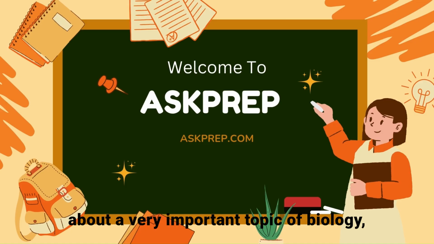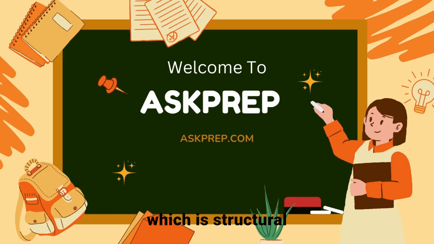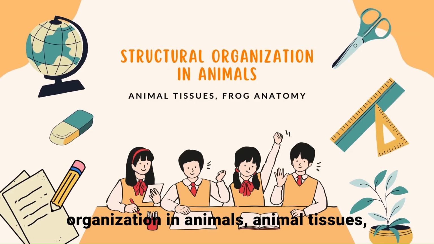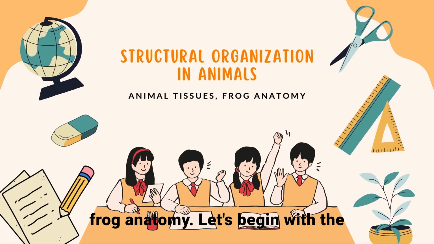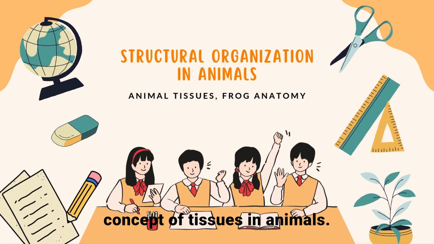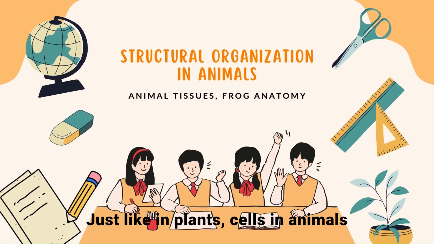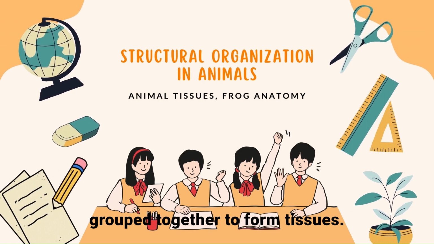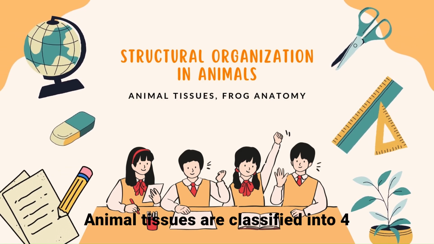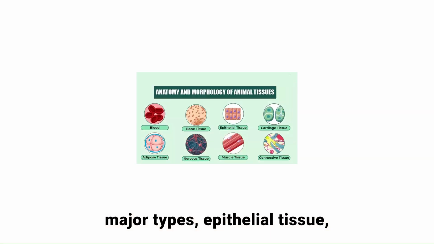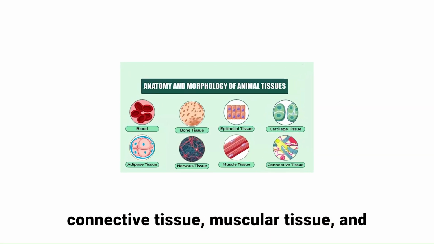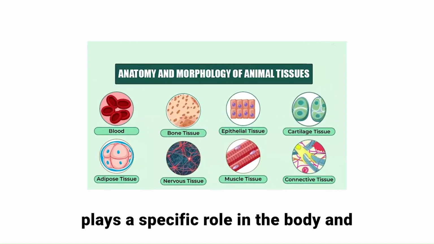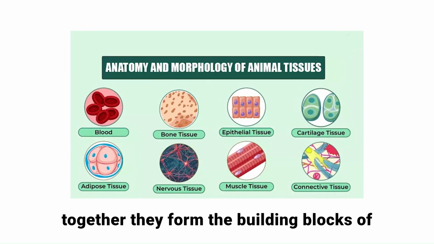Today we will study about a very important topic of biology, which is structural organization in animals, animal tissues, frog anatomy. Let's begin with the concept of tissues in animals. Just like in plants, cells in animals that perform the same function are grouped together to form tissues. Animal tissues are classified into four major types: epithelial tissue, connective tissue, muscular tissue, and nervous tissue. Each of these tissues plays a specific role in the body, and together, they form the building blocks of all